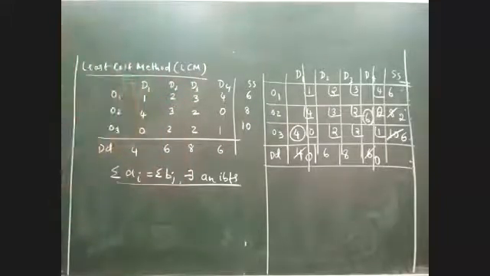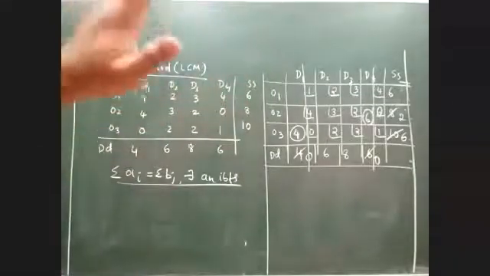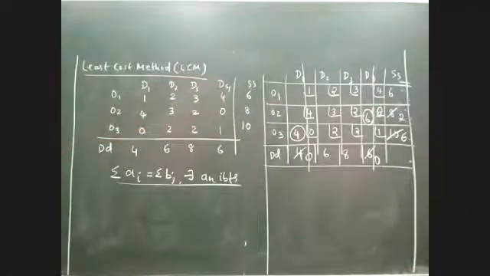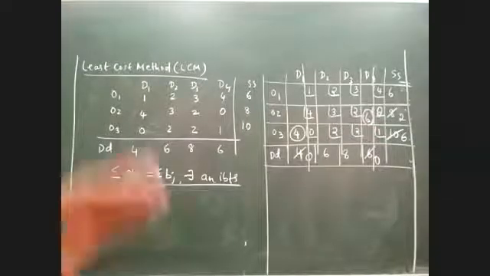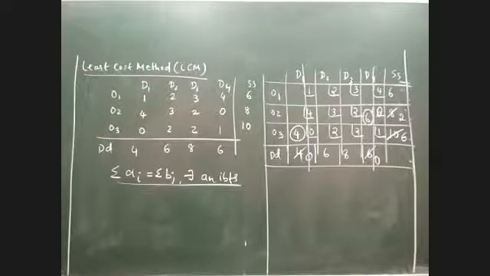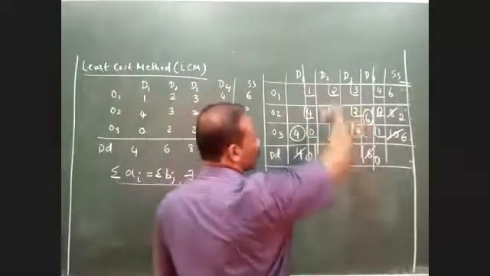Actually, the final answer varies because it depends on which particular value is selected for allocation. So if four different people take four different 2s and do the allocation, obviously the final answer will definitely vary. That's why the disclaimer in this question is that we are not bound to get the same solution. The solution entirely depends on the element which you have considered for allocation. We don't expect common answers here. Since there are totally four 2s, I can select any one randomly.